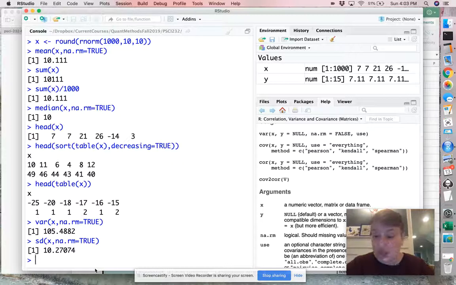10.27, that's really good because it's close to, as you recall, the standard deviation we gave to the rnorm function way back at the beginning of this lecture. So what I want you to do, in addition to knowing how to use these functions, mean, median, variance,